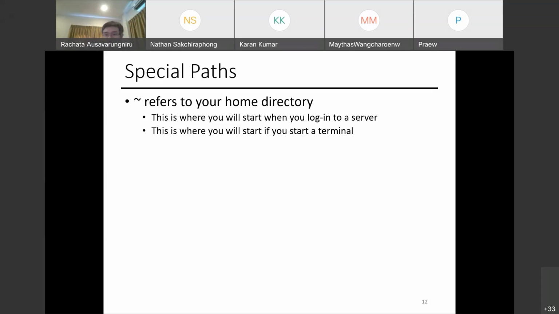And the way Linux and Unix-based operating systems make sure those are organized in a nice way is when I create a user account for you, it basically creates a directory called /home/username. So in my case, my username is Rashada, so there'll be a directory over there, /home/Rashada, so that when I log in, I start there. In your case, your home directory will be /home/u6 blah blah blah blah, your student ID. So that's your home directory.